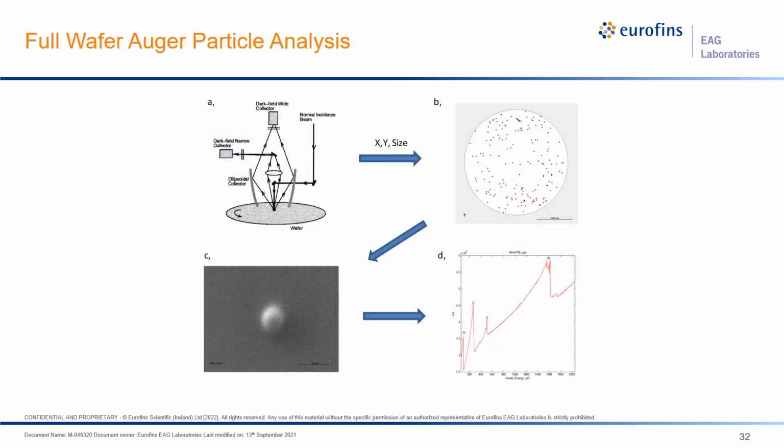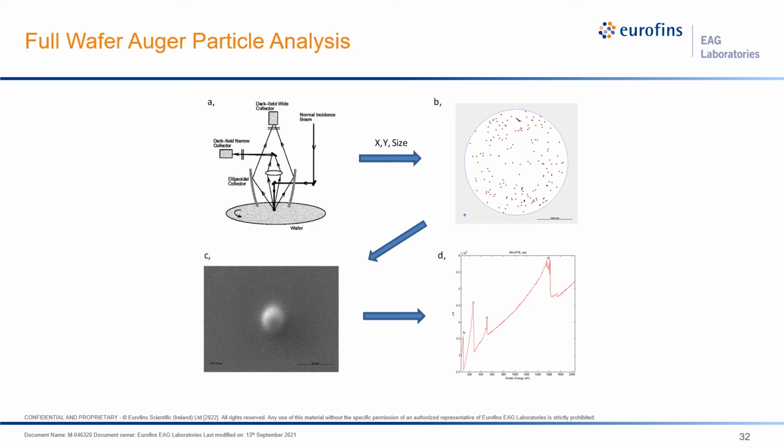So there are several nice defect review tools out there that can inspect full wafers, patterned or unpatterned, and identify defects and their locations on the wafer. Many of them provide a size measurement as well for these defects. So they can typically output a wafer map which shows the location where these defects are and provide a table of these locations in coordinates. Our full wafer Auger instruments here at EAG can read these files directly from most of these instruments. And once we have calibrated